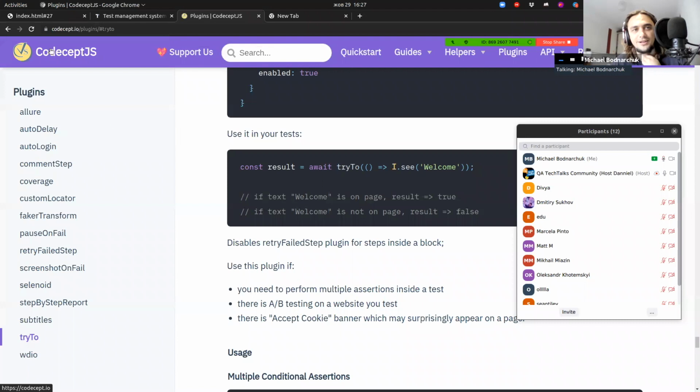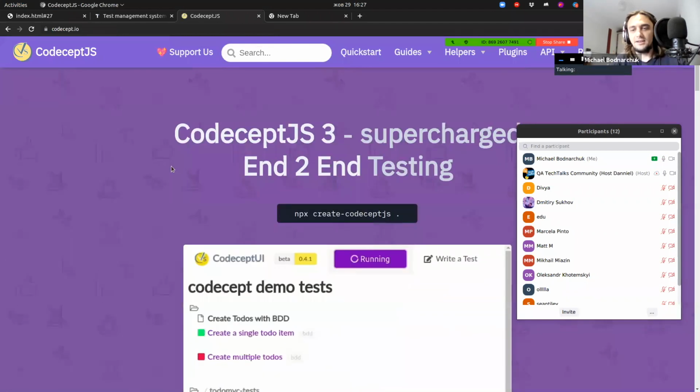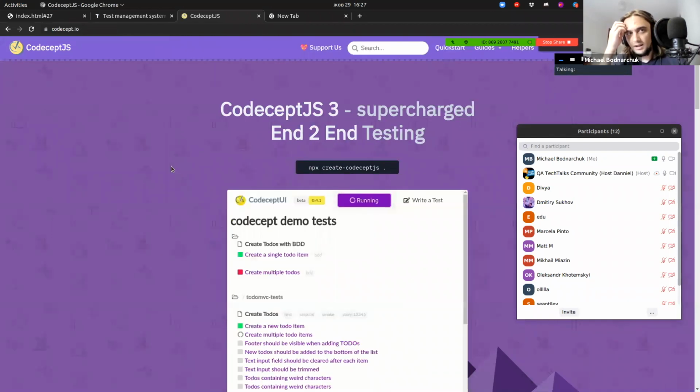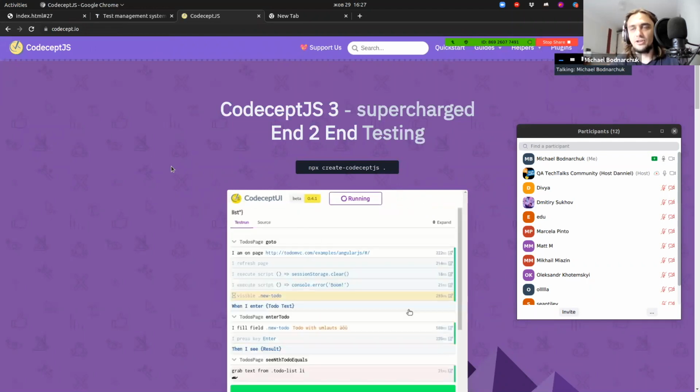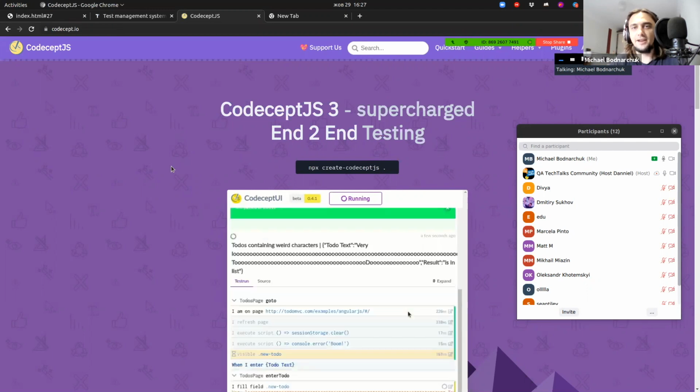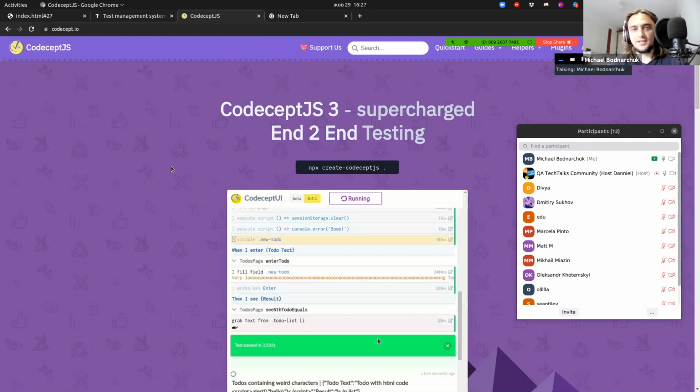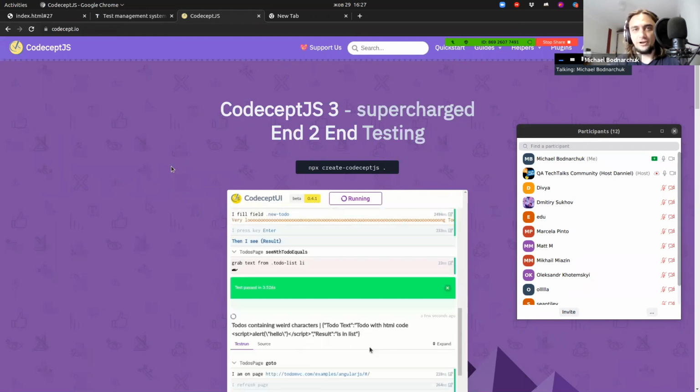Yeah, let's get back to CodeceptJS. And you see, CodeceptJS started when there was nothing like Playwright or Cypress. There was nothing, just WebDriver and the Protractor market. But I really thought that we will have